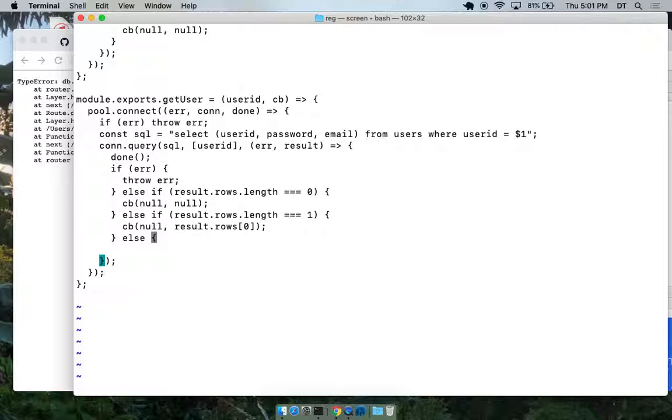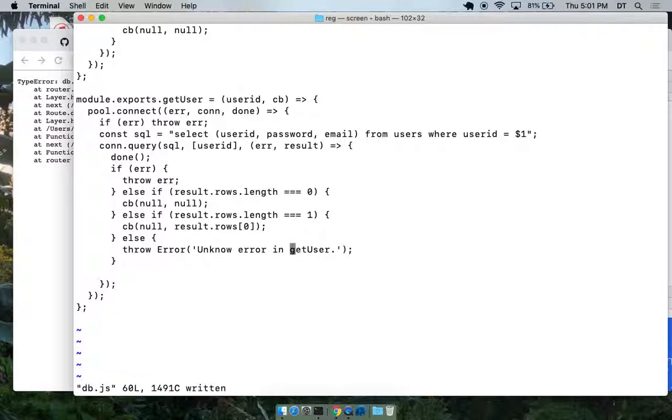Well, we'll throw an error, right? Just throw unknown error in get user. This should never happen, right?